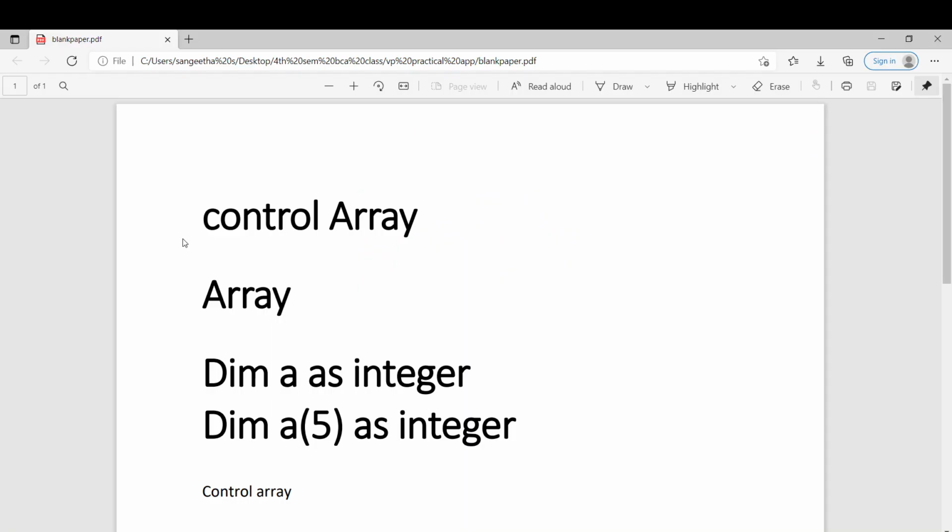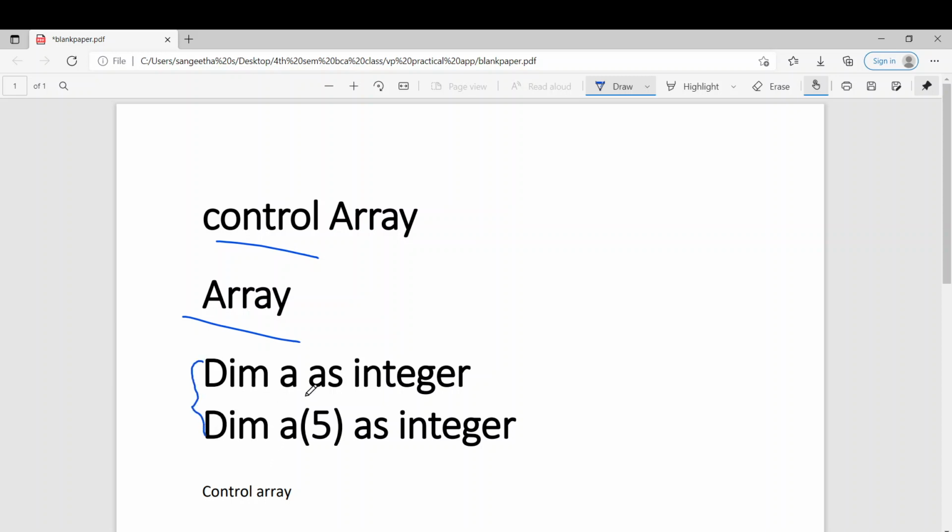So if you want to understand this control array, you need to understand what is array. Array is a variable of same type which can hold a collection of elements. An array is homogeneous elements of same type which can hold a number of values. If you want to understand the array declaration, you can compare these two statements.